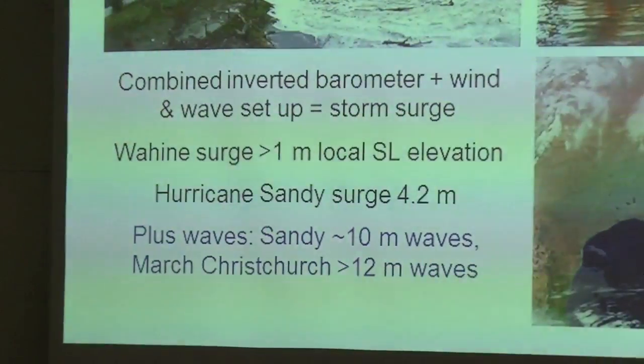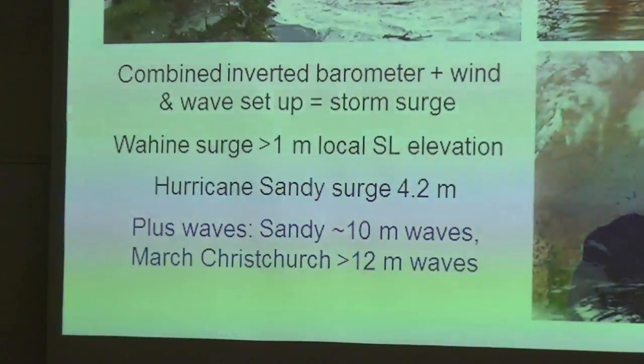On top of that, during storms, you get storm surge contributions from wind and waves. So during a big sea storm, you've got large waves trying to push water on land, and you've got winds flowing onshore, trying to push water onshore. And this can lead to a very localised setup, or a very localised elevation of the coastal water level just at the coast.